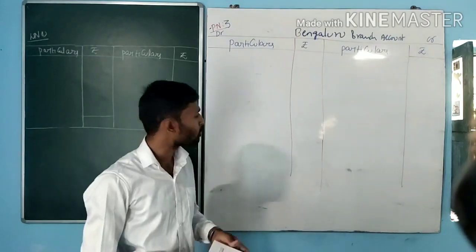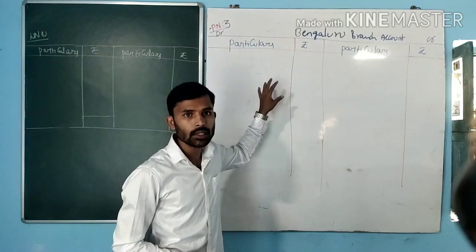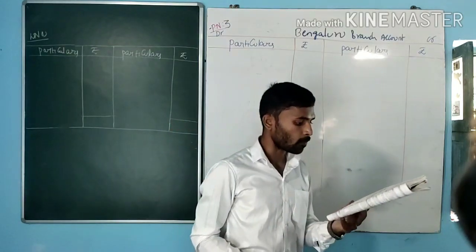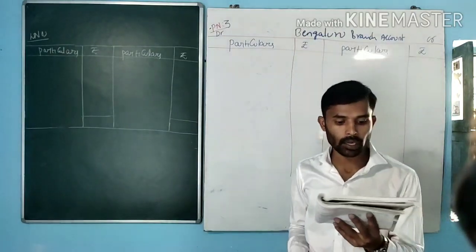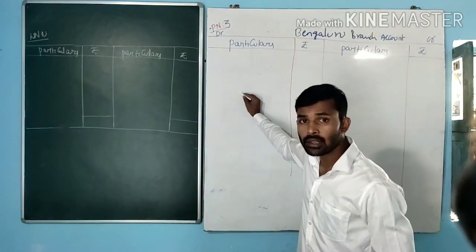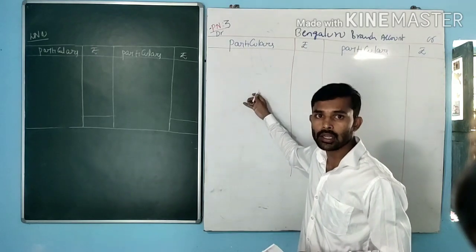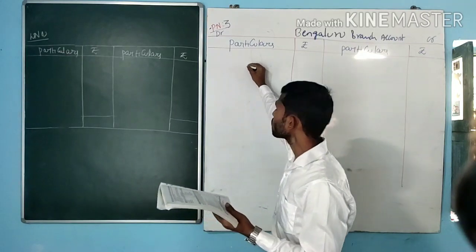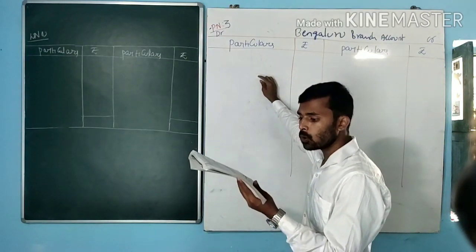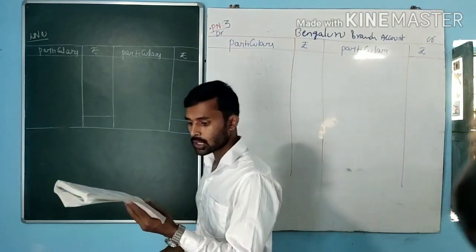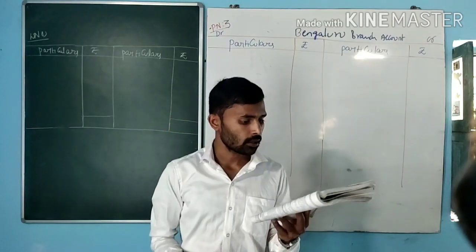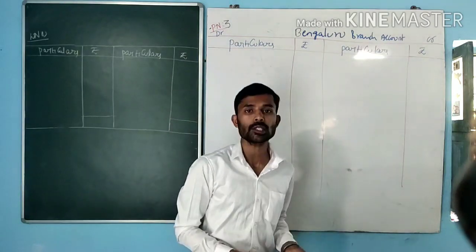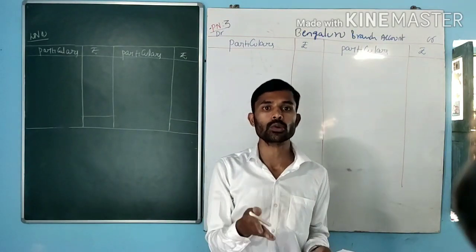Next, expenses paid by head office. All the expenses made by the branch as well as the head office, paid through bank account, that is expenses. Next one, cash sent by head office for petty cash. Another time again they are sending petty cash for the branch, debit side to bank account, that is petty cash. Next one is remittance from branch. Remittance means they are giving back the amount to the head office.